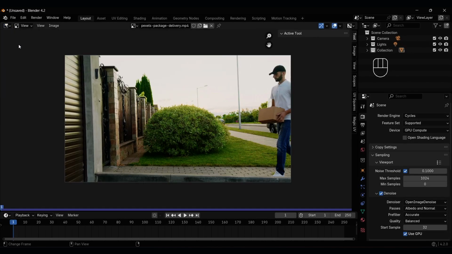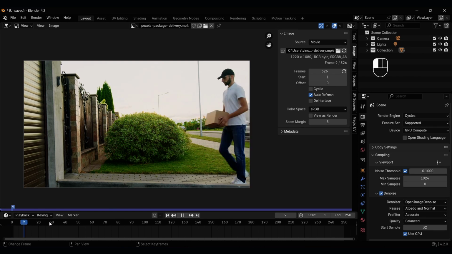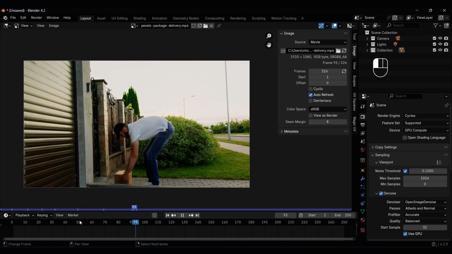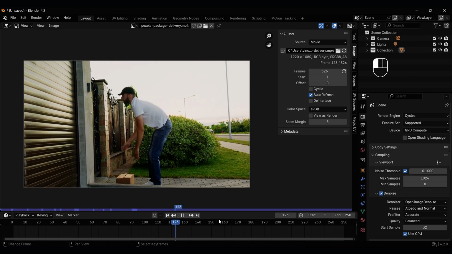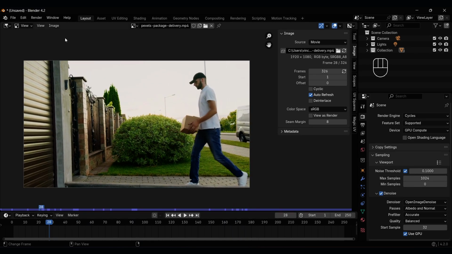So go to the image editor, you can load in your video there. If you do that, you'll have it as a source, either as an image sequence or a movie or something like that. And if you click this little icon, it will match your movie length, and you can see that all of the frames are being loaded and everything just works. Go to the mask